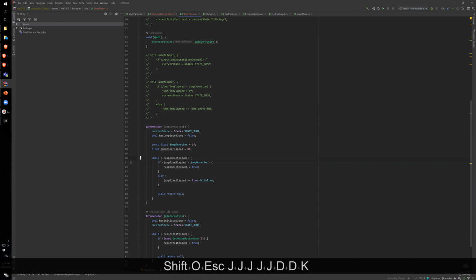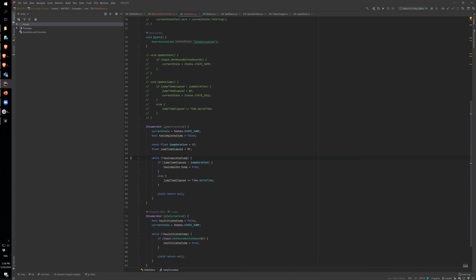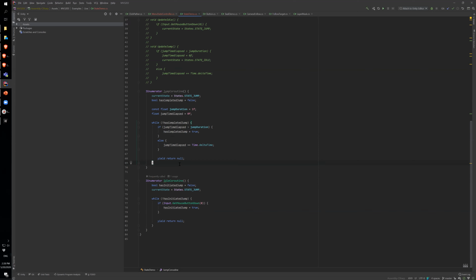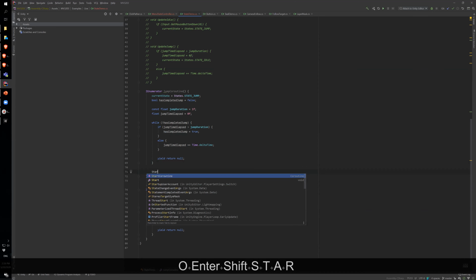So at this point, you can see, okay, I came into a new state. Go ahead and mark it. I'm keeping track of whether I completed it. Here's the properties, and now we keep going every frame until this thing is done. So while it's not complete, or if it is complete, set has completed to true, in which case it'll terminate this. And if we do break out of this while loop, we want to make sure we go back to the idle coroutine state. So we need to say start coroutine,